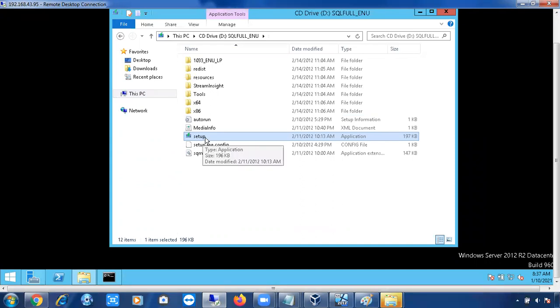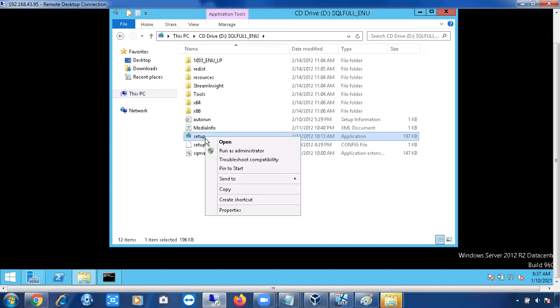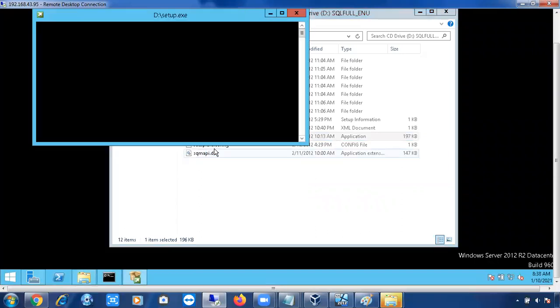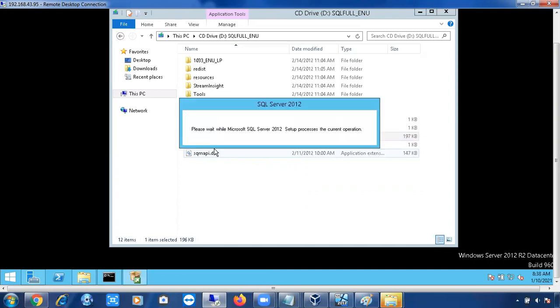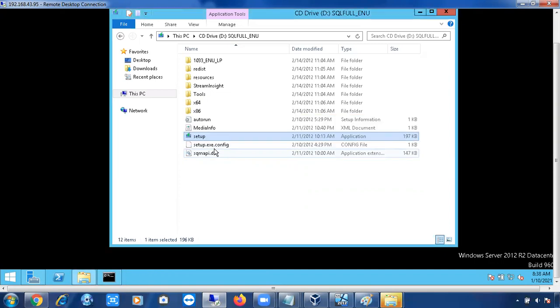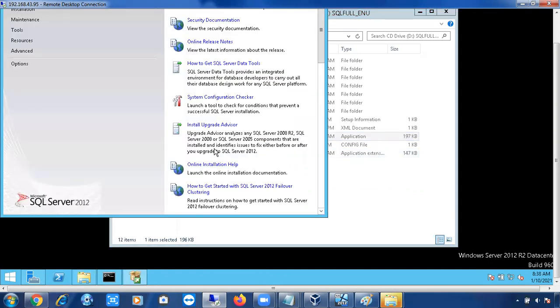Right click on it. I told you, you have to open all setup files with run as administrator. Not only for SQL Server installation, while doing patching, upgradation, everything, you have to open .exe files with run as administrator. It will fix a lot of issues. Okay, don't forget this point. Right, you will get a screen like this.